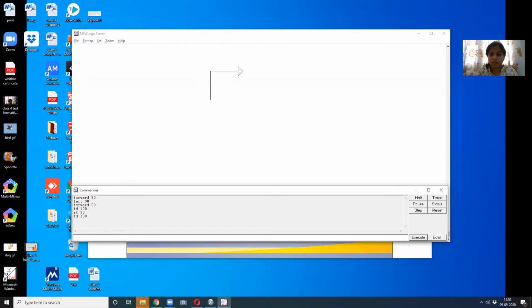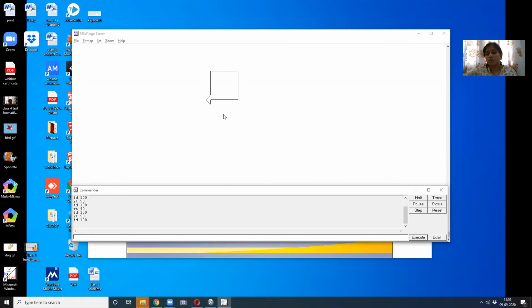I'll try to make a square over here. Again a right turn, 90 degrees, forward 100. Whatever I'm telling, the turtle is doing. Again take a right turn, 90 degrees. Now again go forward 100. See, it made a circle, sorry, a square, right? It became a square shape.